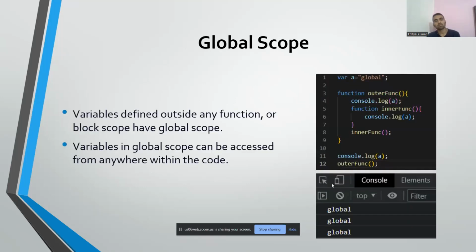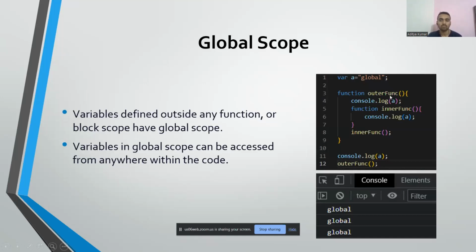Let's look at global scope. Variables defined outside any function or block have global scope. Global scope variables can be accessed from anywhere within the code. Here's an example. I have a global scope variable a,